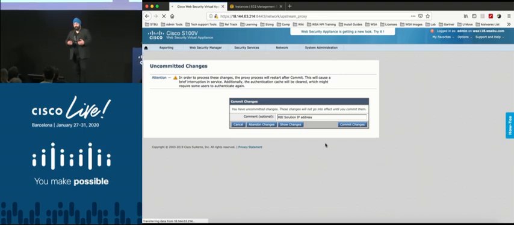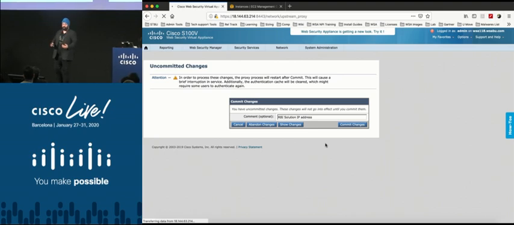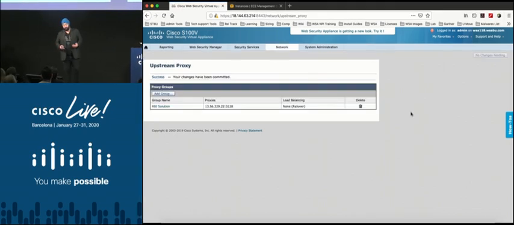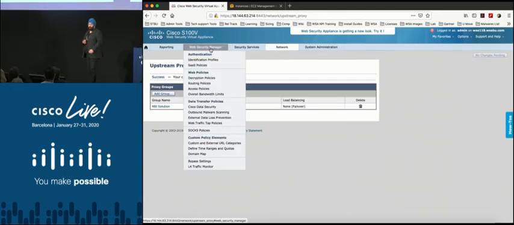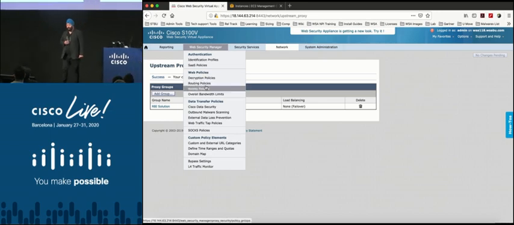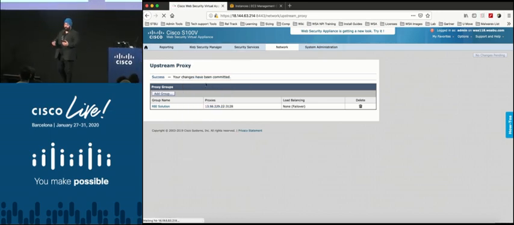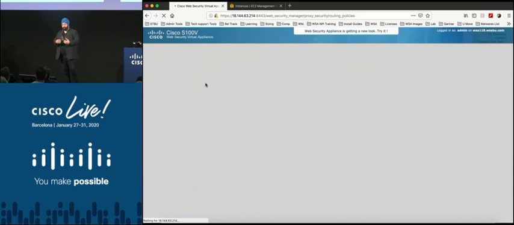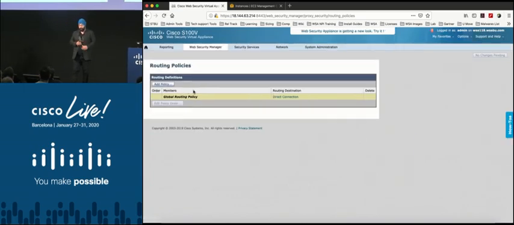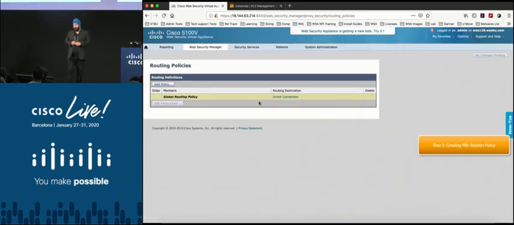And as soon as that commit changes has happened, now you have added your upstream proxy. What you need to do now is go to the Web Security Manager, go to your routing policies, first of all, where we want to make sure that this specific upstream proxy is added. So you can say add policy,